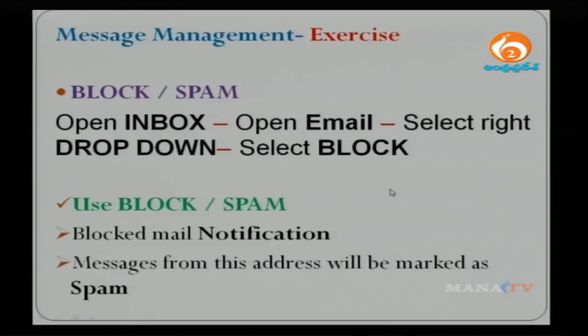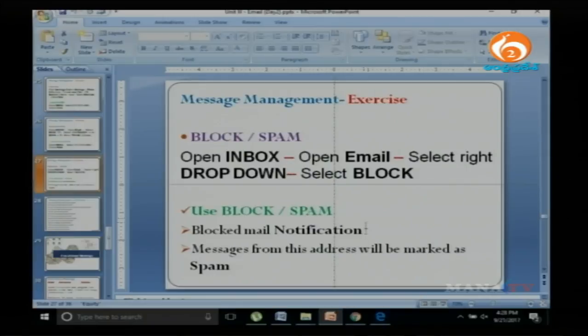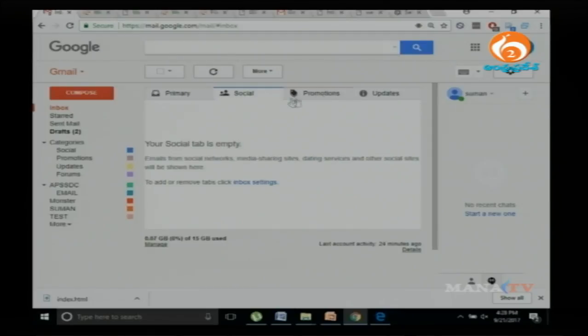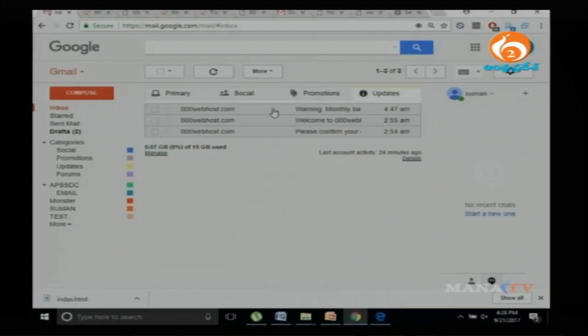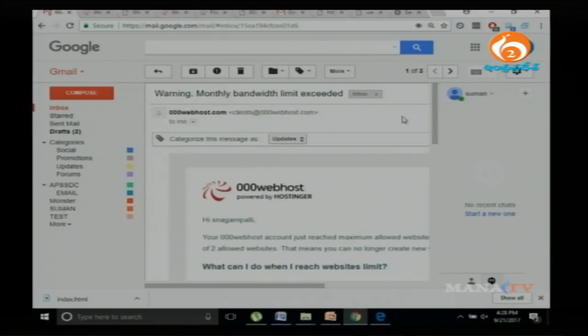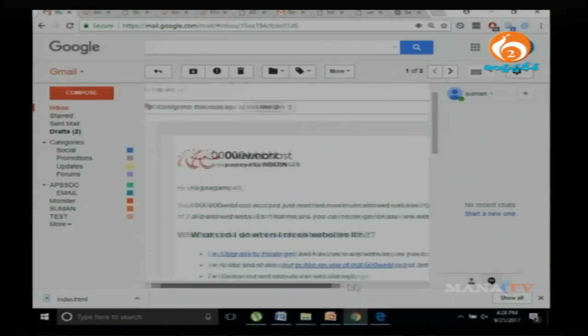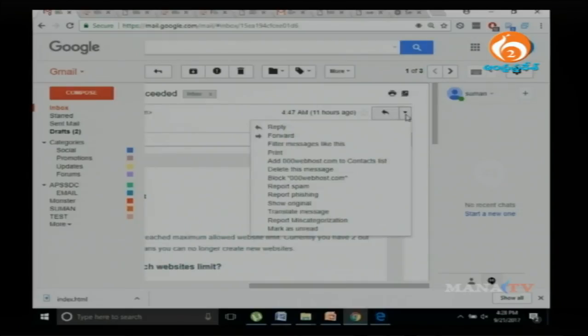Here is the way you can do the blocking of emails as well as the spamming of emails. First, go to the inbox, open the email, and right click, you will see a drop down. Select block, and you can easily block that particular email by using that blocking option. So we will do that by exercise. Here I went to an inbox and opened one mail, and here you can see a drop down. In this you can see block